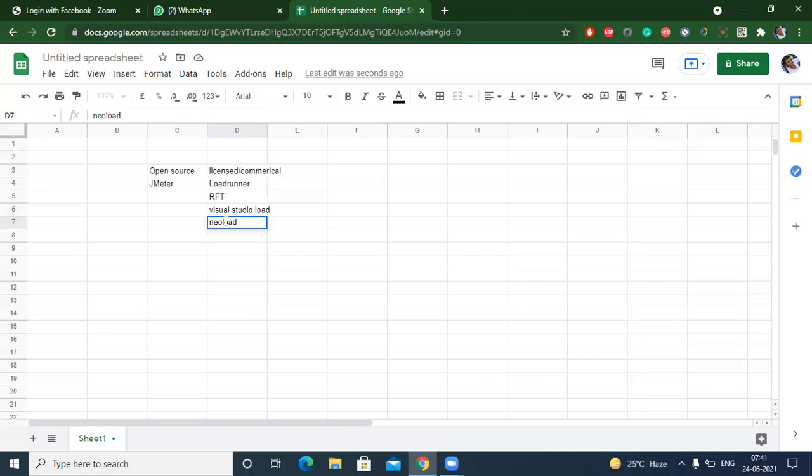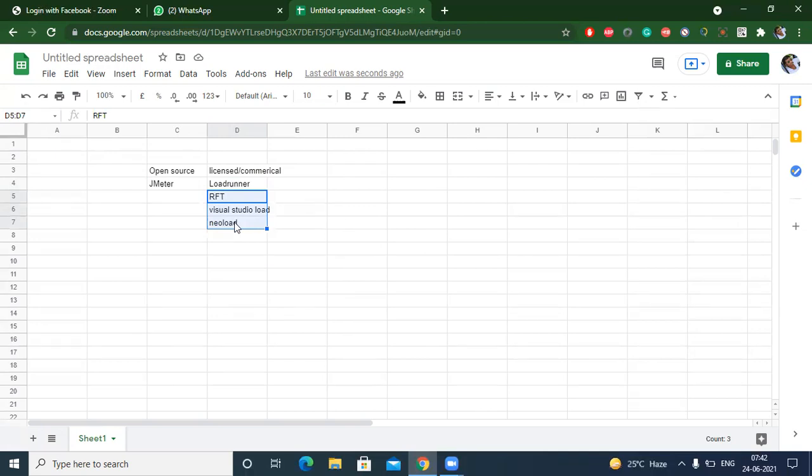If you learn LoadRunner properly, you are able to use all the other commercial tools, because mostly all of them are similar to LoadRunner. These are lower cost and support only a few protocols, whereas LoadRunner supports a lot of protocols. People prefer them when they are using one particular protocol and don't want to use any others.